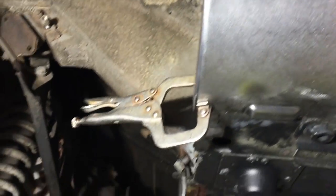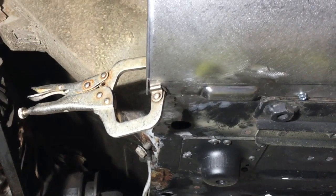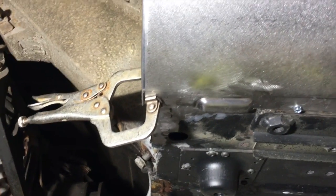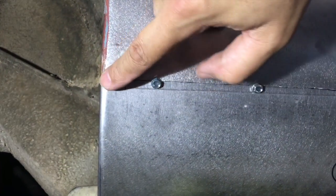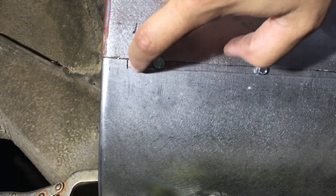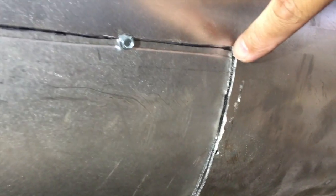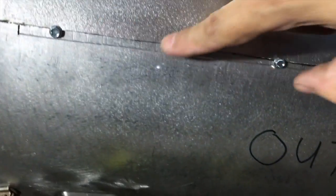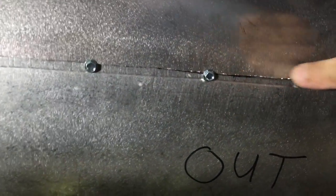So I'm working the patch in. We've got it straight, parallel with the bottom of the outer sill. Trim this up so that these pieces lie flush. I cut a little slot here, and then with this all sitting in here, I drew this line that you can still see the remnants of,